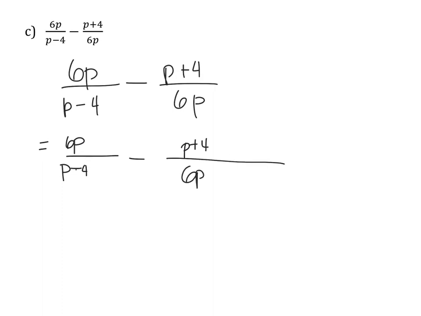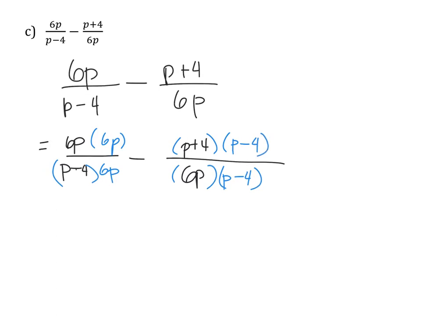times 6p. So in order to get them to be the same denominator, I'm going to multiply this first one by 6p, both top and bottom. For this second one, I'm going to multiply by p minus 4. What is it missing? I'm missing that p minus 4, both sides. So for this one,